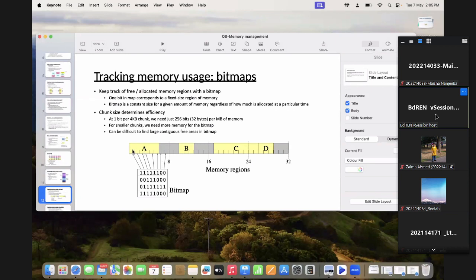Whatever block chunks are assigned in a serial fashion get 1, 1, 1, 1, 1, 1. 1 means this block is assigned, this 4 KB chunk is assigned to process A, again process A, process A, process A. After that, this is left free, again for the growing part of it.